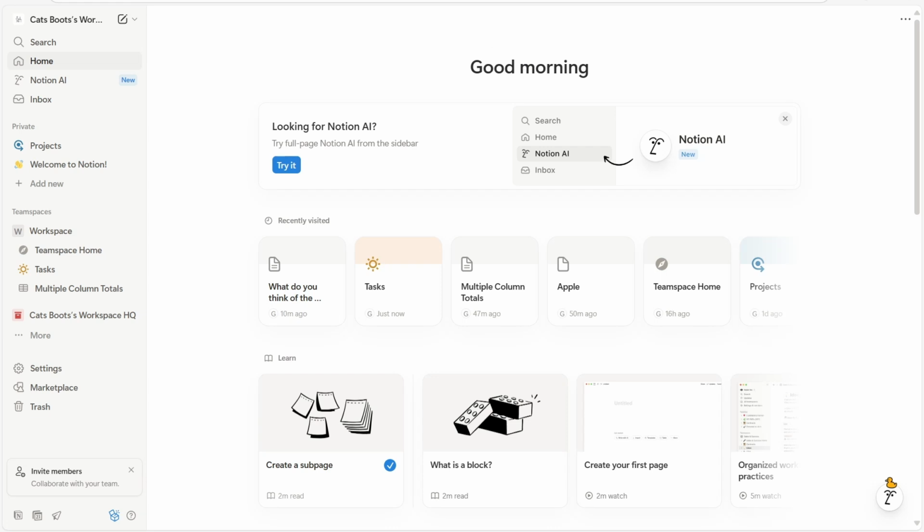In this video, I'm going to show you how to link to another page in Notion. Let's get started. After successfully logging in to your Notion account and being able to access the homepage, what you